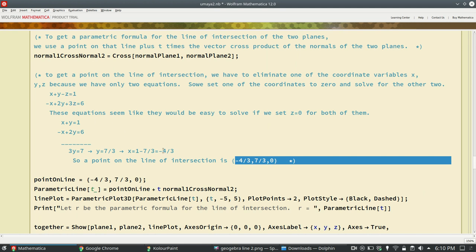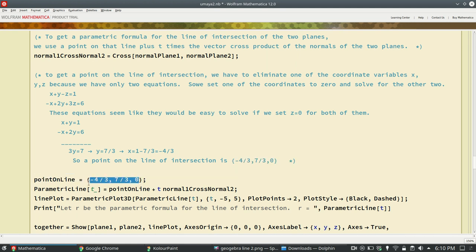Any point is fine. So this is a point on the line, and to get the equation of the line, I add to the point the normal cross normal, that vector that could be on the line. When I add that vector to the point on the line, then the vector is on the line, and this t parameter means any number here. So if I multiply that vector times any number and then add it to the point on the line, well,